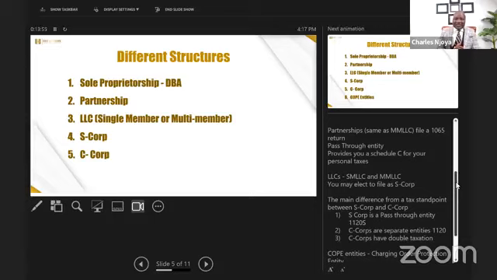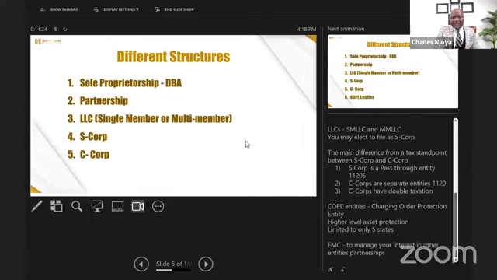What is double taxation? The C Corp currently in the US pays a flat tax rate of 21%. But also, every time shareholders take a dividend out of the C Corp, they are also being taxed because it's a capital gain. Basically, whenever you get a dividend, you're taxed again. That's why they say the disadvantage of a C Corp is double taxation. Are we together?